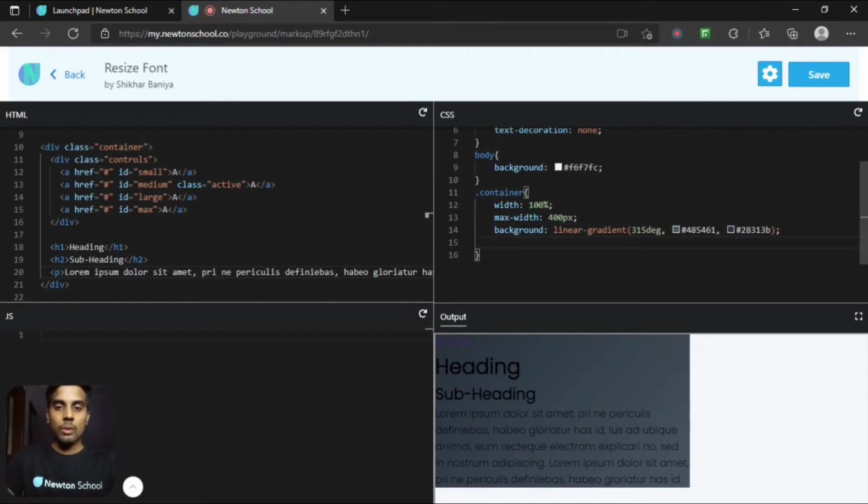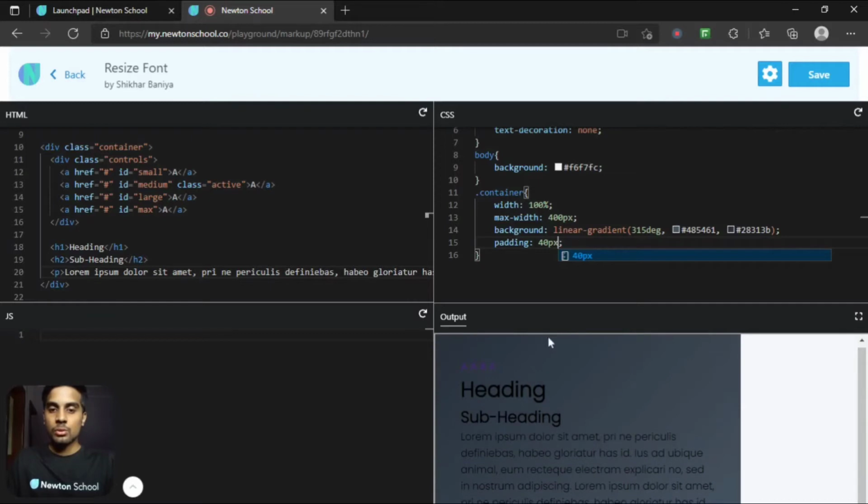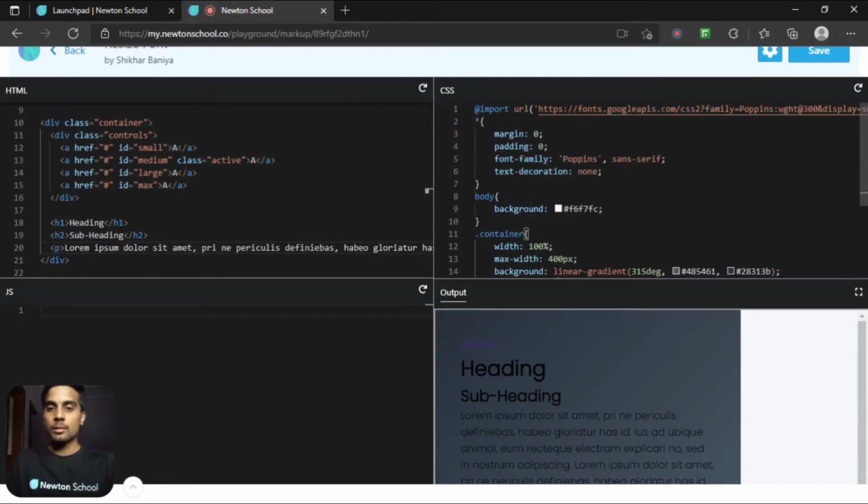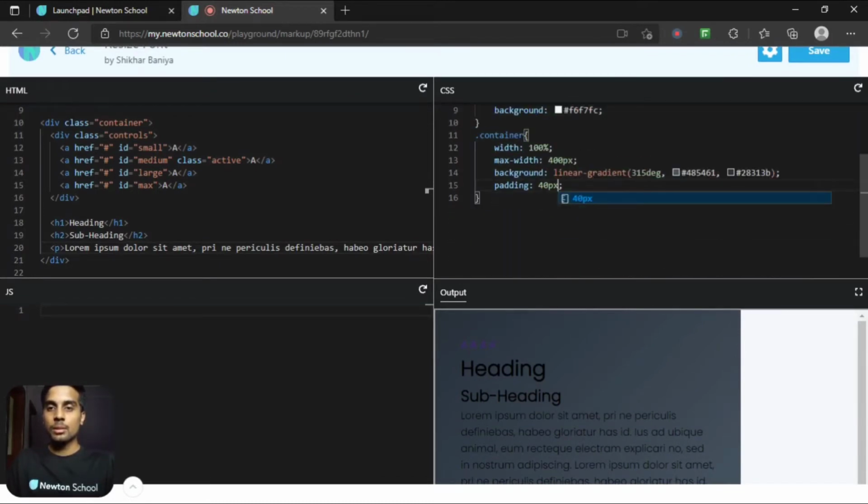Now I want to have some padding values. So padding will be 40 pixel. So we got left, top, right, and bottom values as this 40 pixel. Let me add the margin property as well. So margin will be, let's say, 10%.